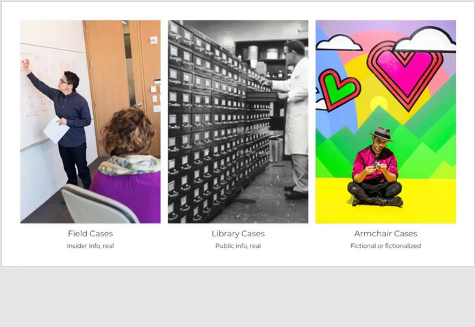And then the last one is going to be an armchair case. So this would be a fictional case based on realistic situations. Our book has a mix of these between field, library, and armchair cases, but it's useful to know which is which. One, because it's going to save you a little bit of time. So if a case is an armchair case, you know you don't need to go look up those public filings to better understand it. But if you're in a field case and it's referencing a real company at a real moment in time, you know, well, I need to go get maybe some more information or do more research.